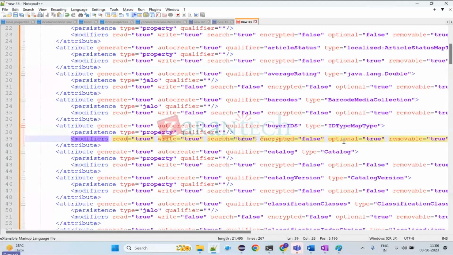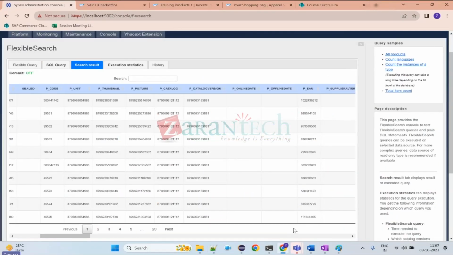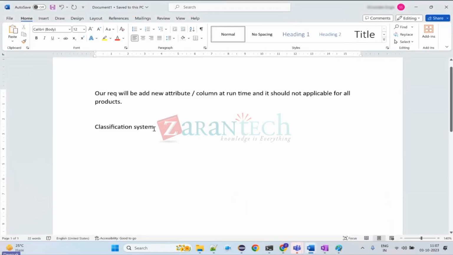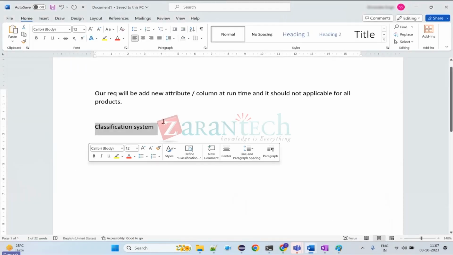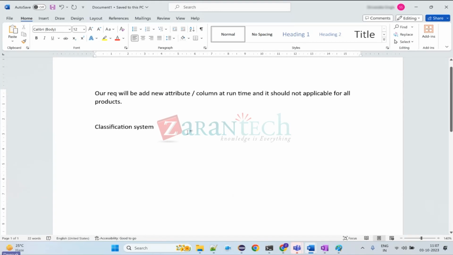Okay, value should not be null for that. Any value should be. So now next our task is, what is the classification system here? Okay, classification system is basically kind of